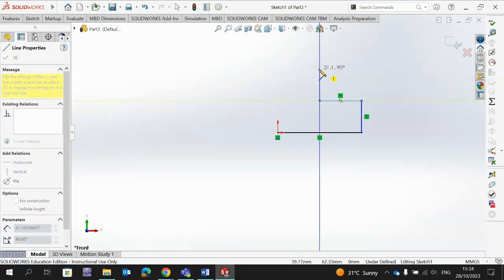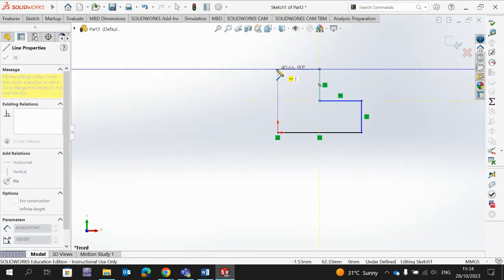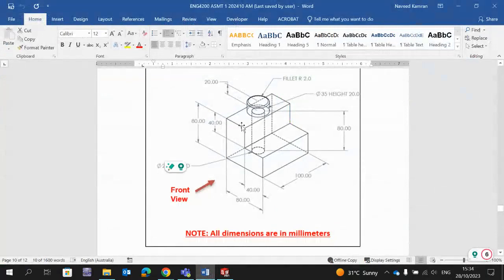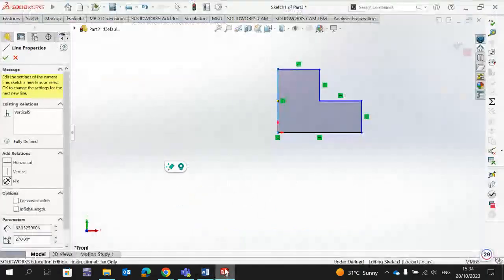Then go up again and see, now my line is exactly horizontal, and also it is the dotted line showing going down to the origin that my point is exactly in line with the origin. So you need to click here and draw it down and then click on the origin again. So now this shape is approximately the kind of the steps which we have seen here, but now we have